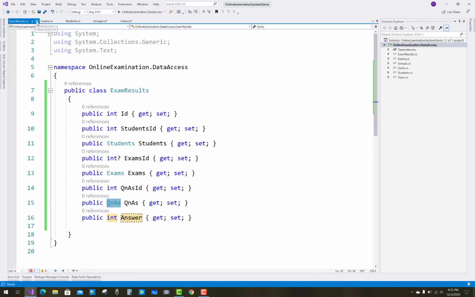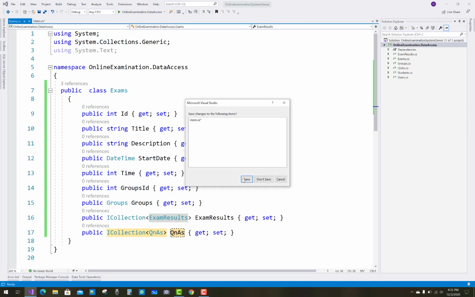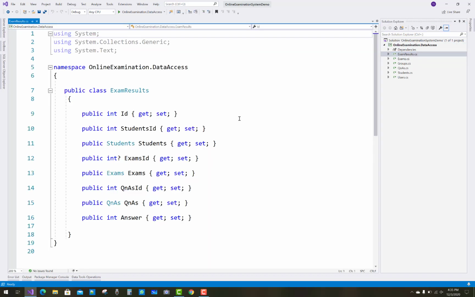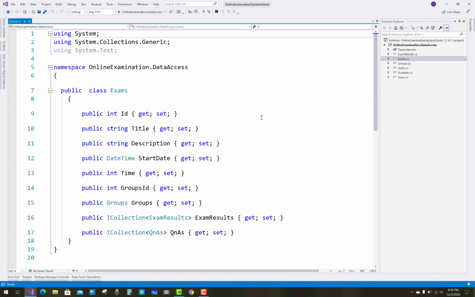So just save all these entities and check the exams one by one. That is done, that is the exam results.